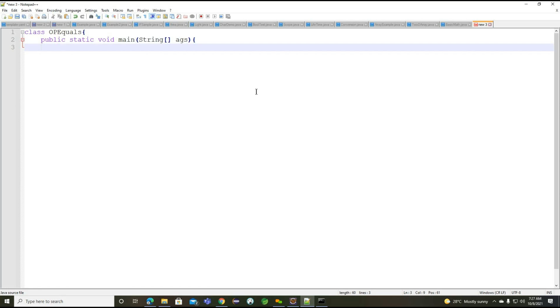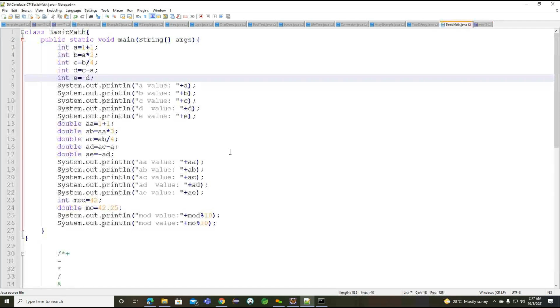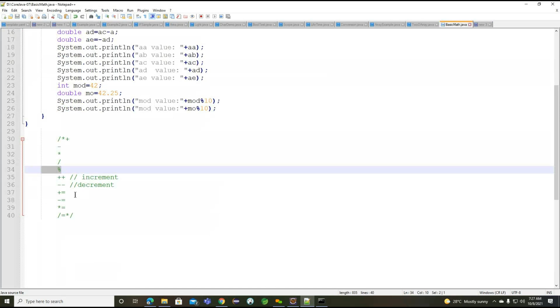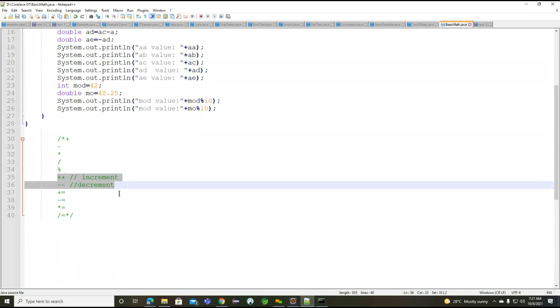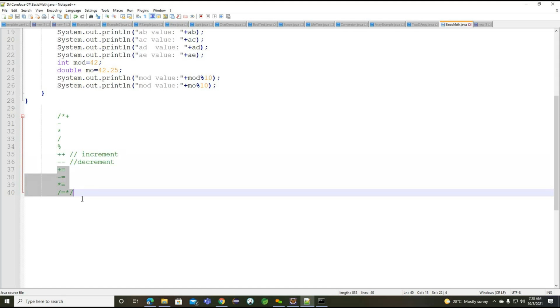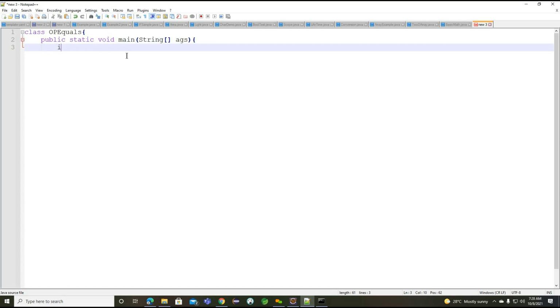Now we are going to work on the operators. We identified the basic operators and the modulo operator, and we'll discuss the increment section. But now we are going to implement these four operators: the arithmetic assignment operators, like addition, subtraction, multiplication, and division assignment operators. So back to here, how can we write it?